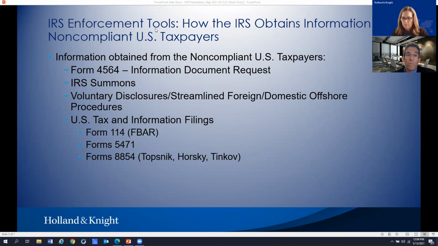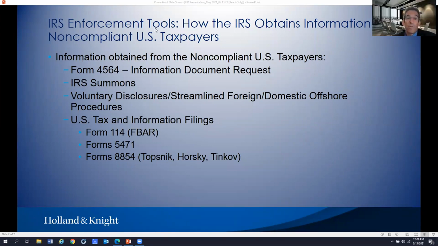The Form 5471, for anyone not familiar, is a form filed to reflect connections to foreign corporations. There is a part of the Form 5471, Schedule B, where you have to list all U.S. shareholders. So again, if I'm reporting it, but the other U.S. shareholders are not, the IRS now has that information. The Form 8854, interestingly, isn't one where they get information that is helpful against someone else, but it's sort of what happens when things go wrong. You file the Form 8854 if you're going to expatriate. And there are 3 real, recent cases of, let's just call it, expatriations gone bad.